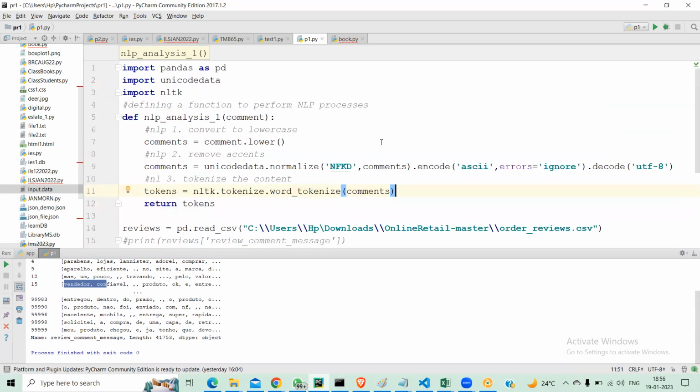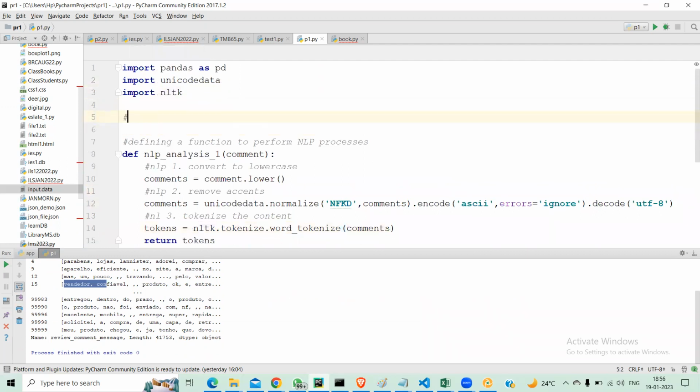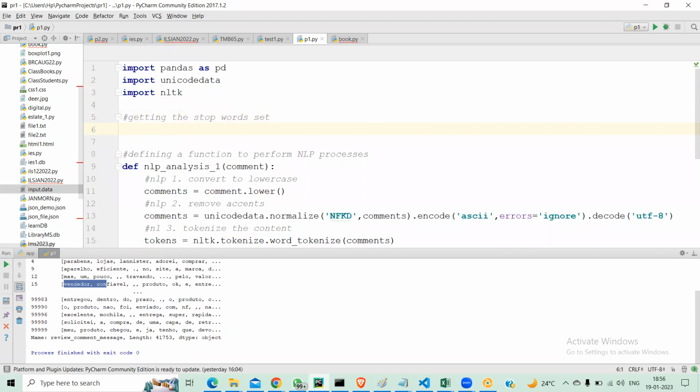Stop words comes from nltk.corpus.stopwords. So I'm going to say here, getting the stop words list or set, actually stop words is a set. Generally, when you want to declare a value which doesn't change, we put it in capital letters to indicate that it's a constant kind of thing. So STOP_WORDS equal to